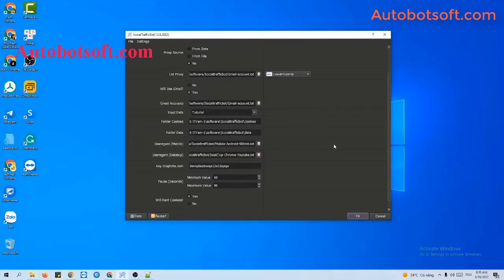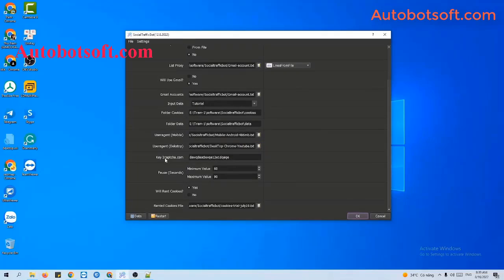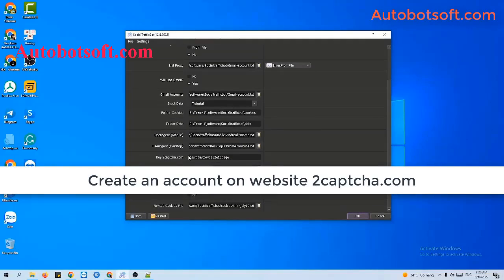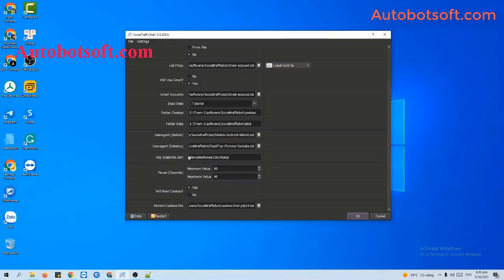Next, the key to captcha section. You need to create an account on the captcha site and then transfer the key and paste it into the section. The software will decode captcha automatically. Next, pause session. The unit here is seconds. If you set the value minimum to maximum, here is 60 to 90,